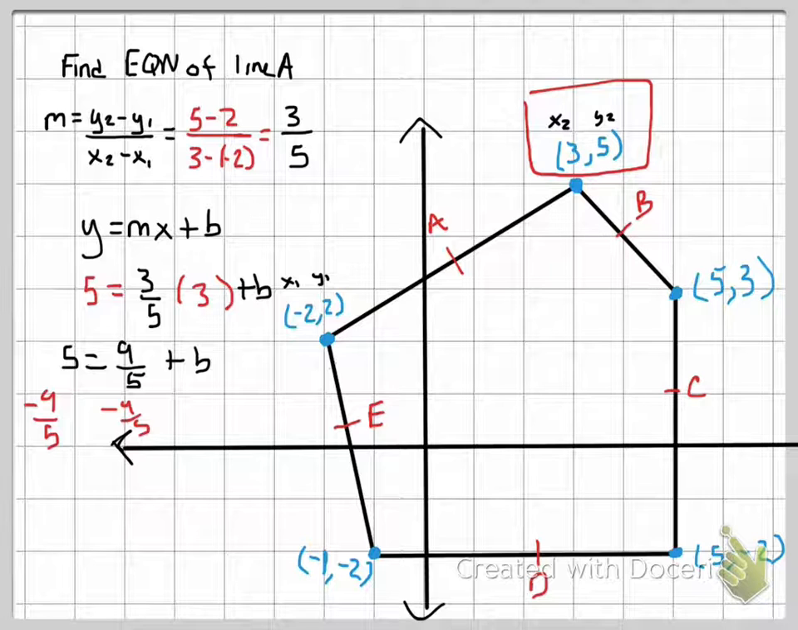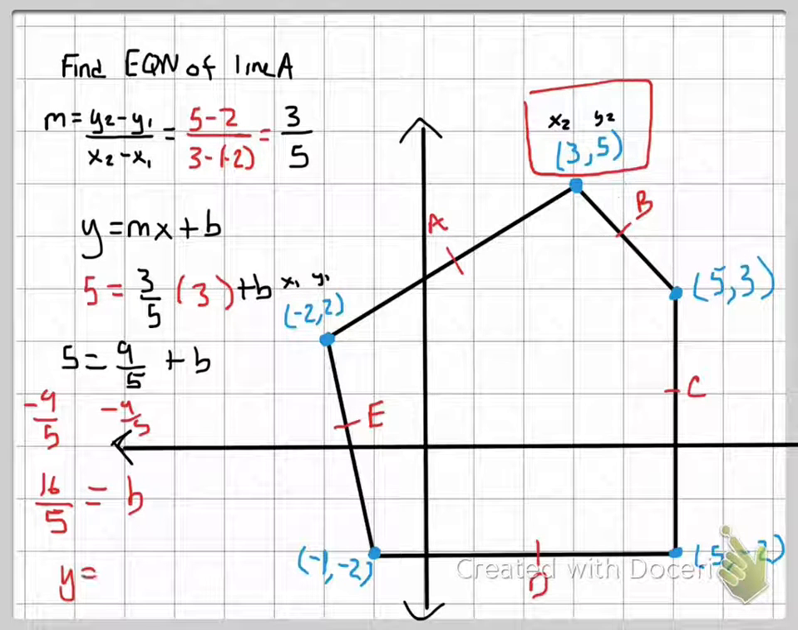So that will be 16/5. So b equals 16/5. So my equation is, I would write it like this: y equals 3/5 x plus 16/5,